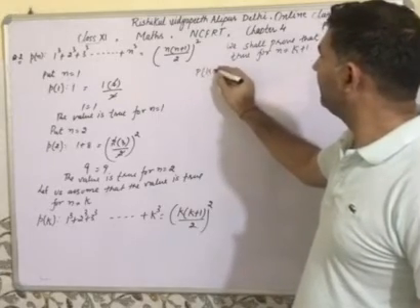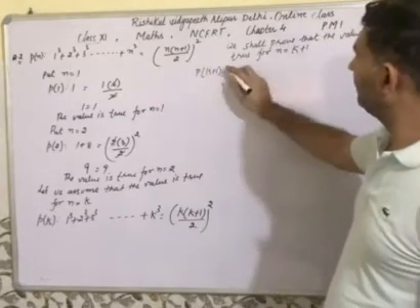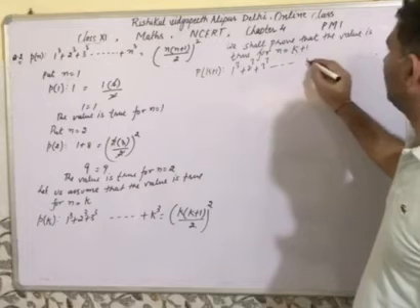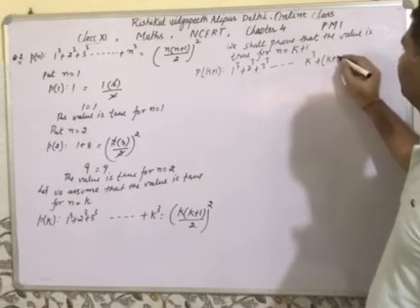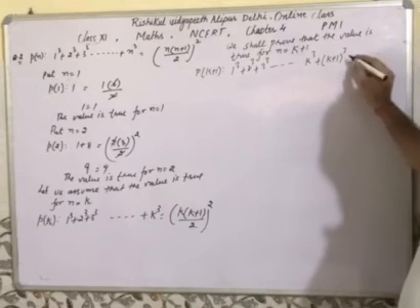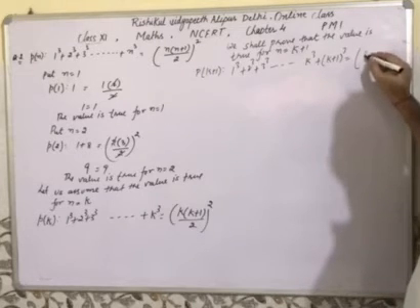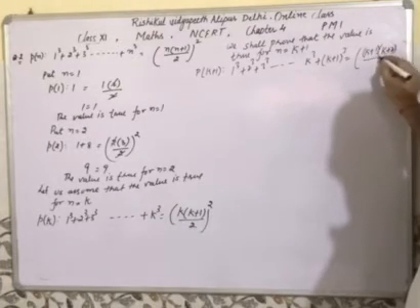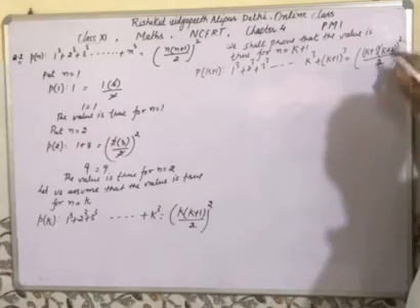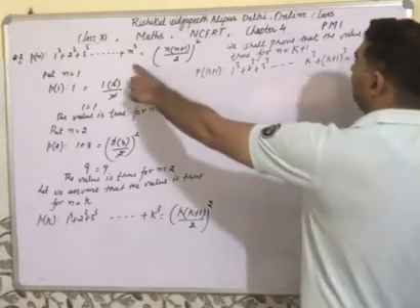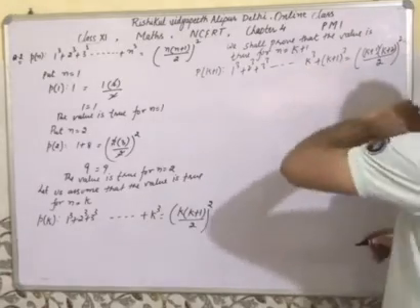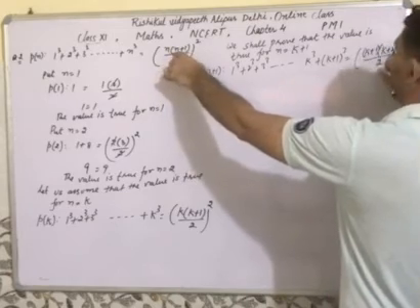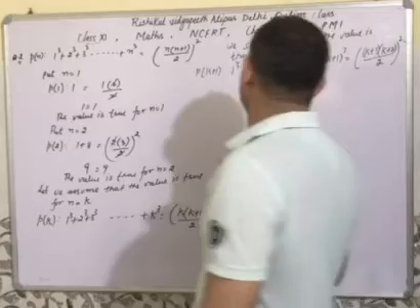Then p of k plus 1 is 1 cube plus 2 cube plus 3 cube and so on up to k cube plus k plus 1 cube is equal to k plus 1 into k plus 2 upon 2 and their square. This next one is k plus 1, this k replace k plus 1, k plus 1 plus 1, k plus 2 divided by 2, and then left hand side